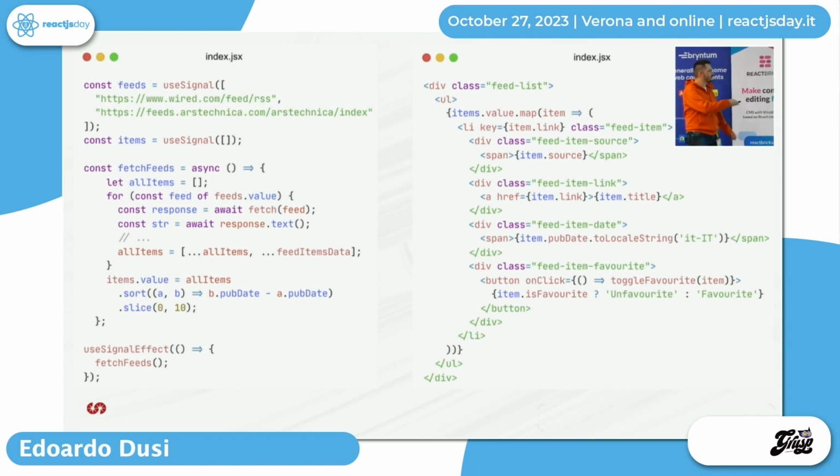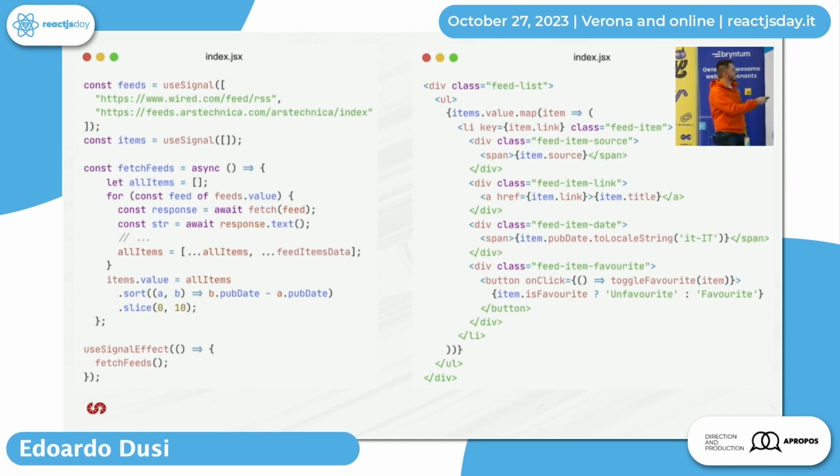So this is the code for the same app that we saw before. We have the virtual DOM here, that's more or less the same as React. And then here we have the logic. You see that the syntax is very similar to what we saw in React. We have useSignal for declaring our state, so we use default values here, and we can set new values when we fetch and when we want to set new items. We can set a new value using this syntax, items.value, into the signal.